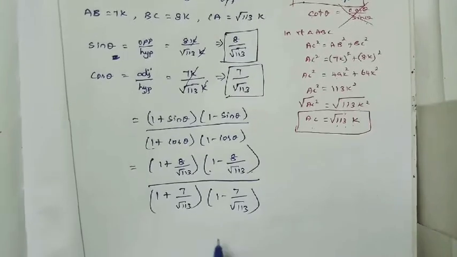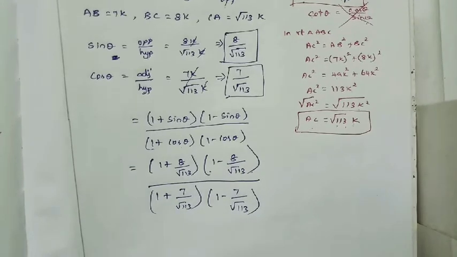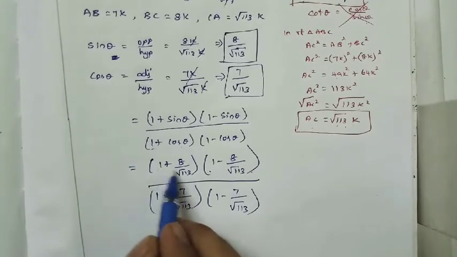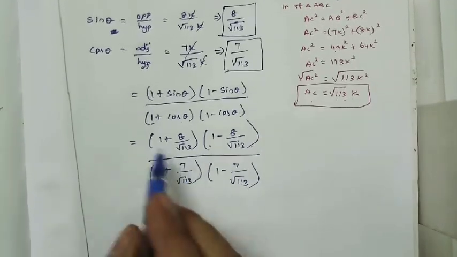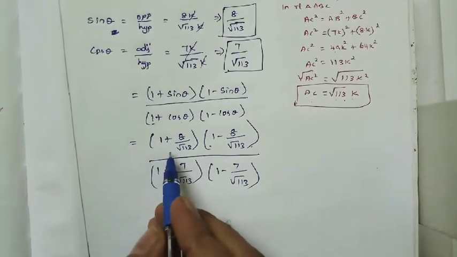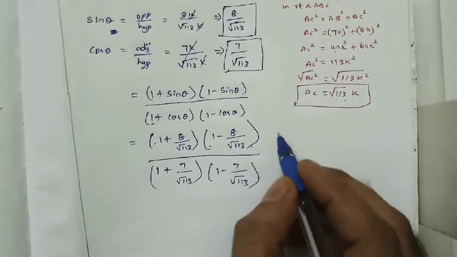Just multiply 1 by 1. First we can simplify and then multiply, or take the cross multiply and then multiply, or directly we can multiply. While taking the cross multiply, is it possible to simplify? Nothing is there. So we have two terms here, two terms here, multiply 1 by 1. And this is one methodology.